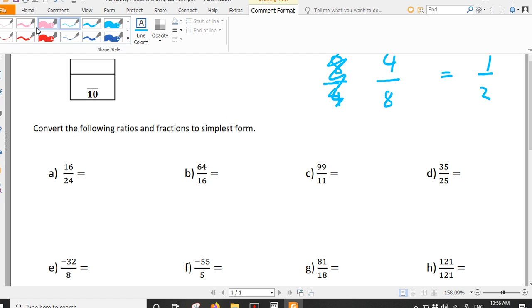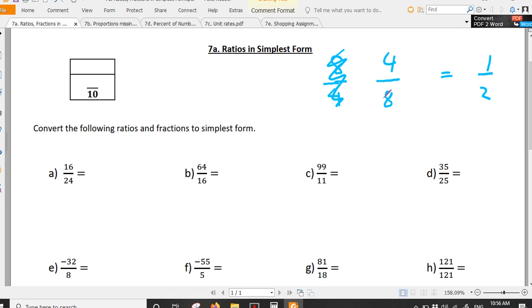Today, what we're going to do is focus on how I get from here to here mathematically. This is easy to see, but if I had something that was 8 out of 64, what is that the same as? It's the same as 1/8. So you get 1/8 of the pizza. Well, it's simple. All you do is look at the numerator and the denominator and see what is the greatest common factor that can go into both. What's the biggest number that can go into both? And it looks like it's a 4. So if I divide the top and the bottom by 4,